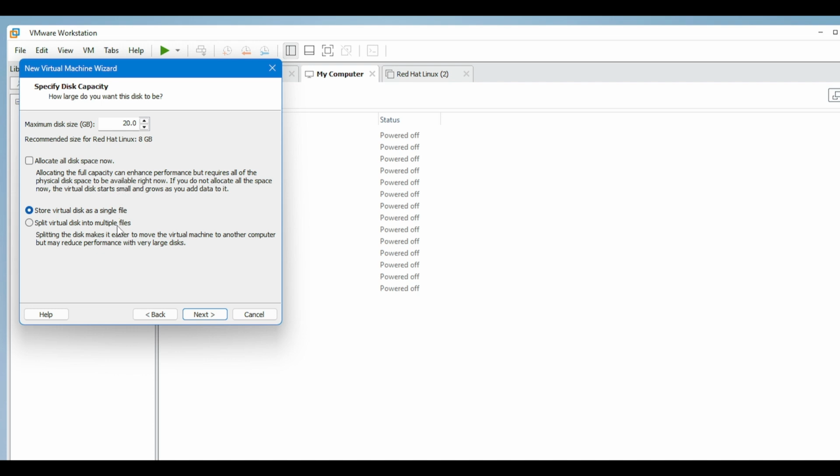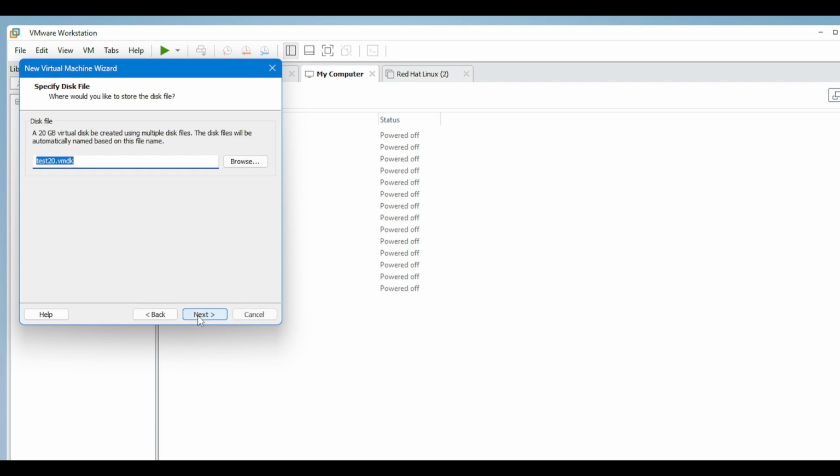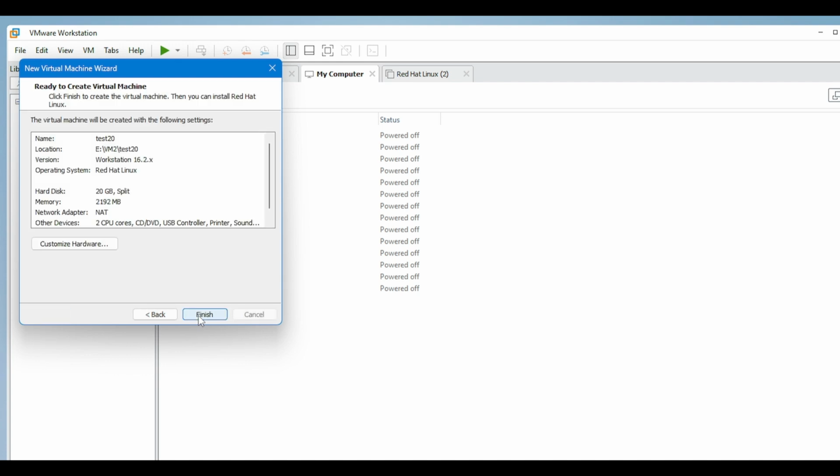So you can choose this one. Okay, let's choose split virtual disk into multiple files this time. Okay, next. This should be disk file 20 GB.